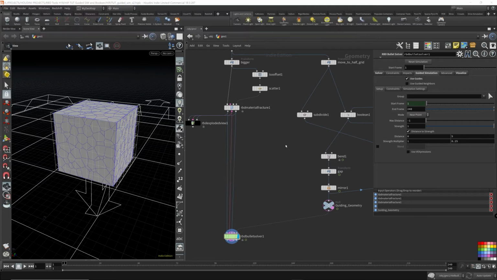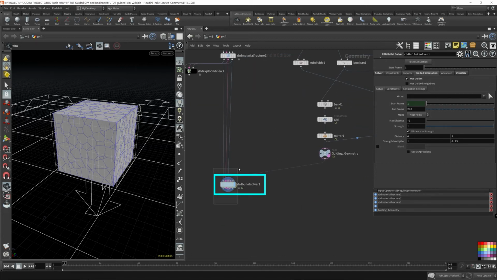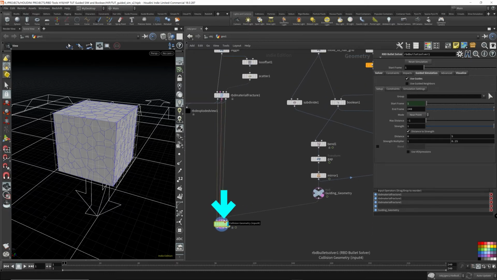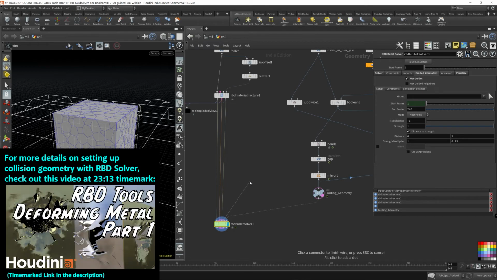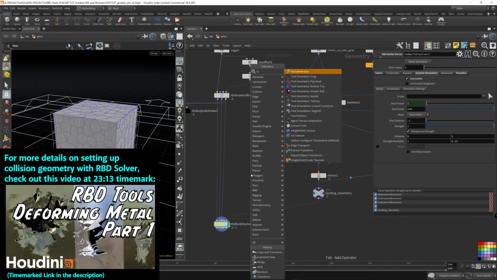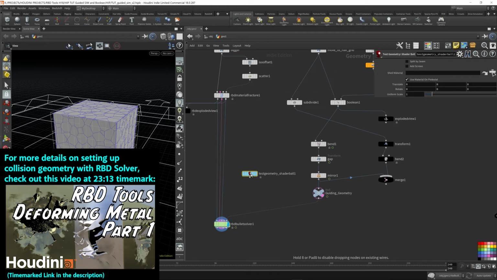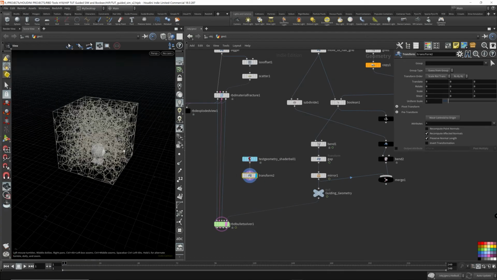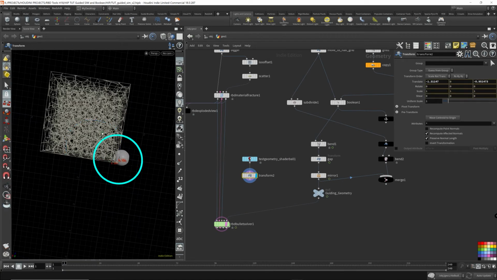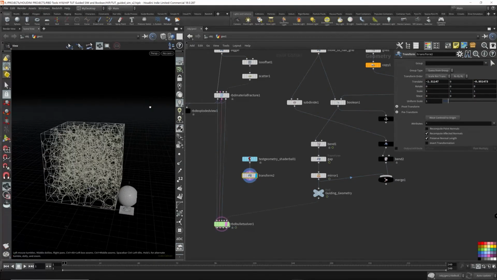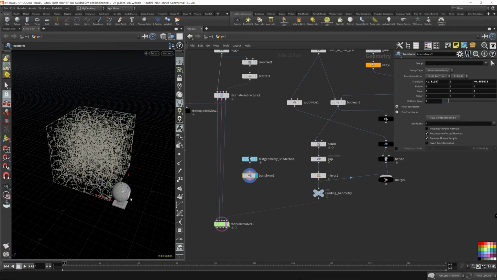In order to illustrate this, I'm going to throw down a shader ball right in the middle of the path of the bending geometry. And then we'll take a look at the pieces that collide with it and see what happens to them. So over here in the RBD bullet solver, fourth input, we have a place to stick the collision geometry. First I'm going to throw down a shader ball. So let's just template this. I want to put it on the side so I can see what happens to the pieces when they collide with this shader ball.